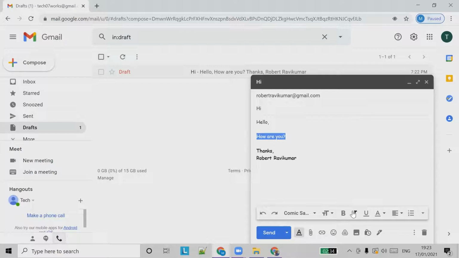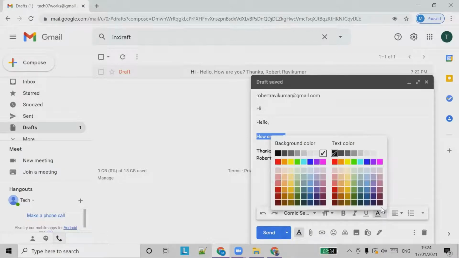All these things you should already know. The italicized characters are a bit different from the normal text. This is the option you can use. And again, you can use underline.